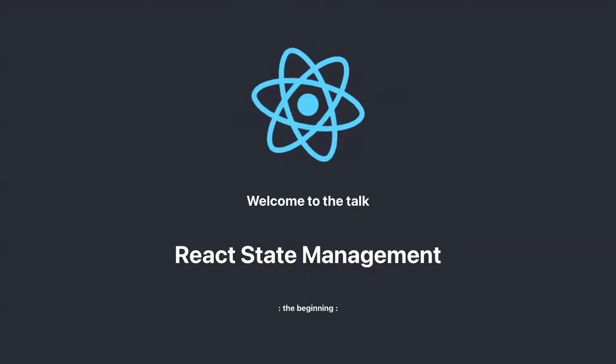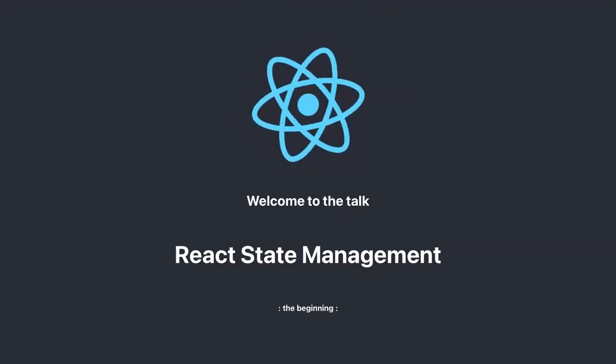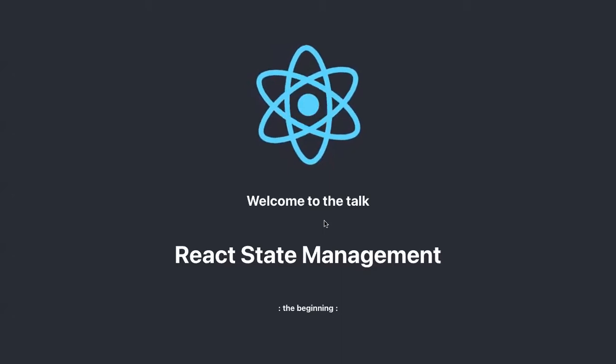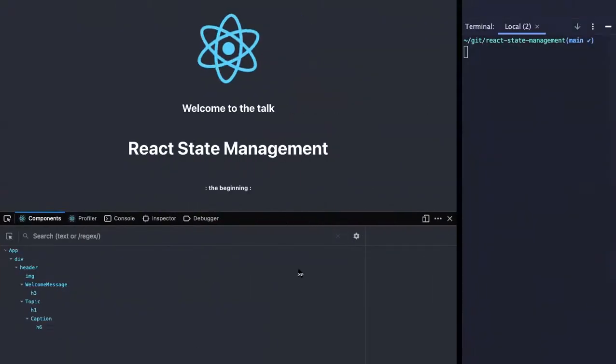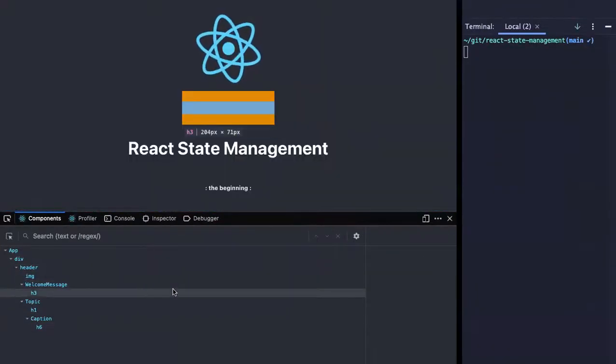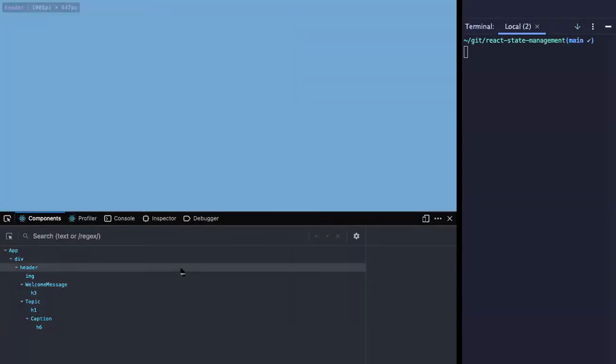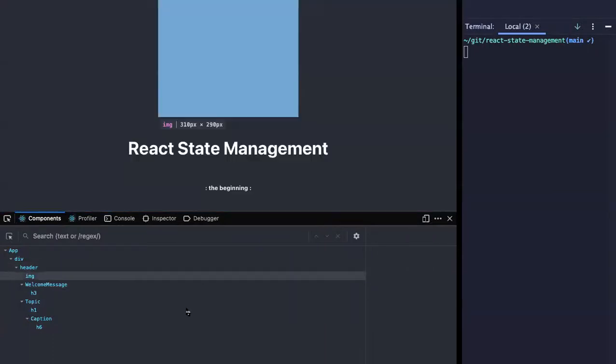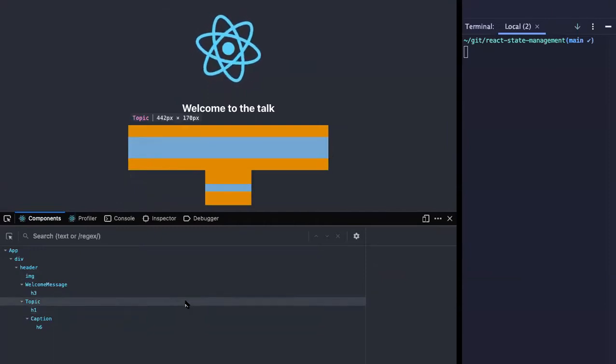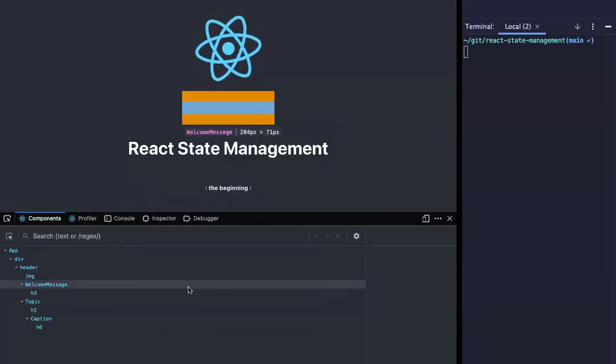All right. So to start with, the first thing that we discussed was React state management. We started with how important the React tree data structure is to us, and what flexibility it gives.